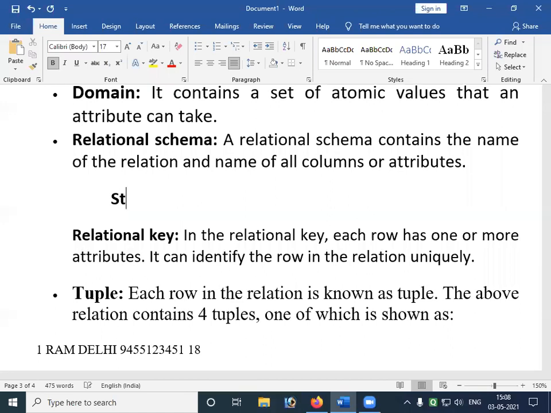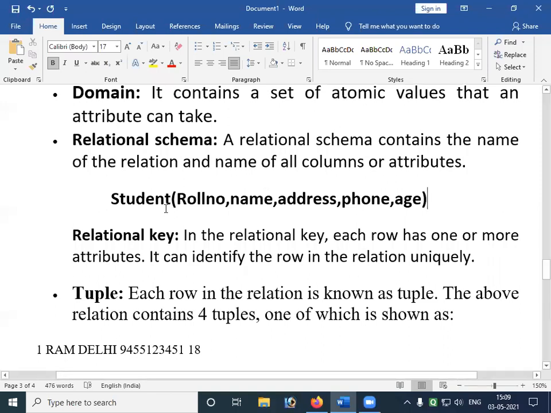For example, student, roll number, name, address, phone, age is called a relational schema. We have written the relation name and all the attribute names. This is called a schema.